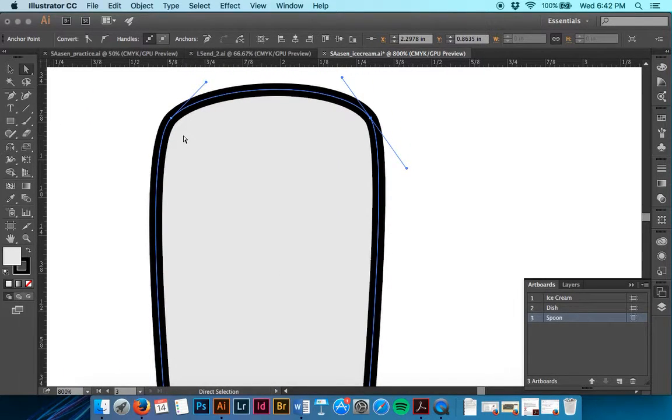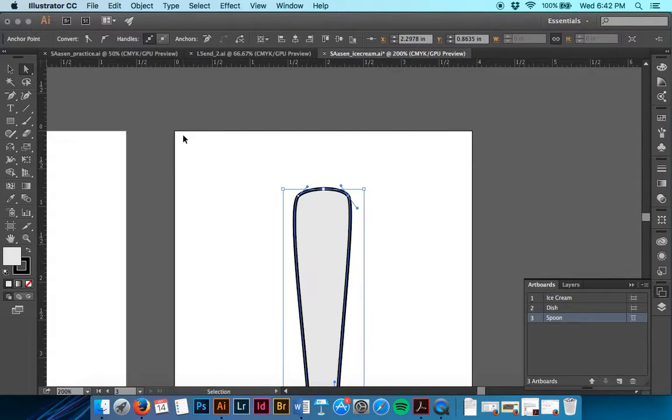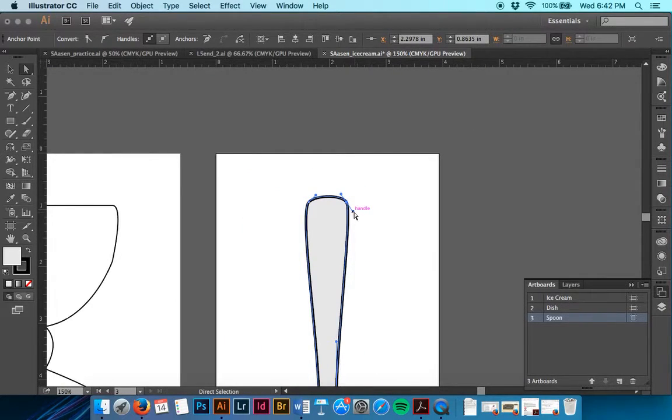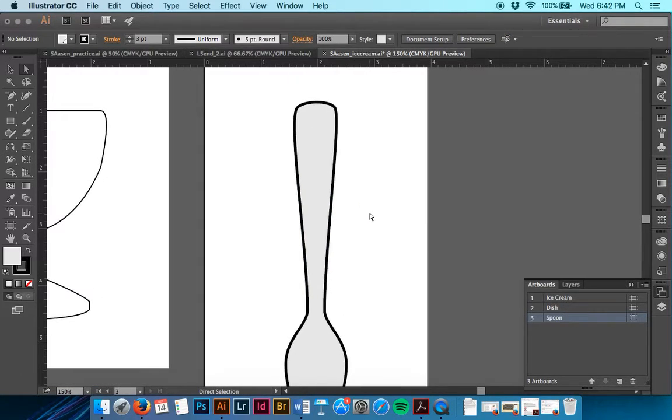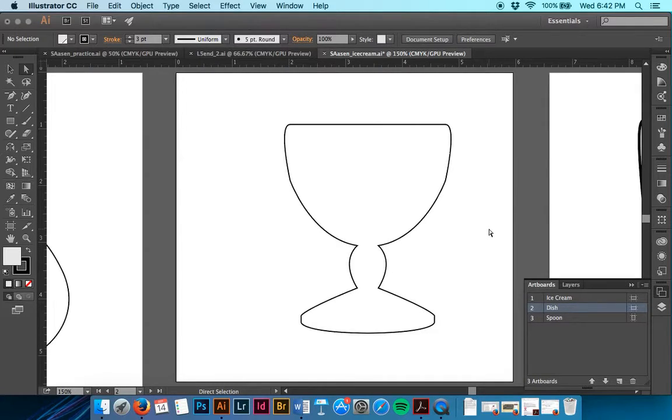And pull those handles in. And you kind of want them to match, the best you can. And so once that's done, we're going to go to Step 2, and we're going to draw